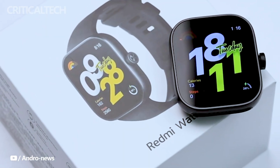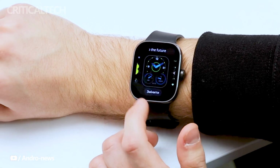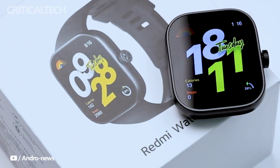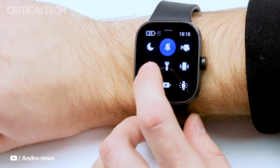In summary, the Redmi Watch 4's international release brings an array of features that cater to both fitness enthusiasts and users seeking a stylish and functional wearable. Despite the absence of HyperOS in global markets, its hardware and diverse capabilities make it a noteworthy addition to the